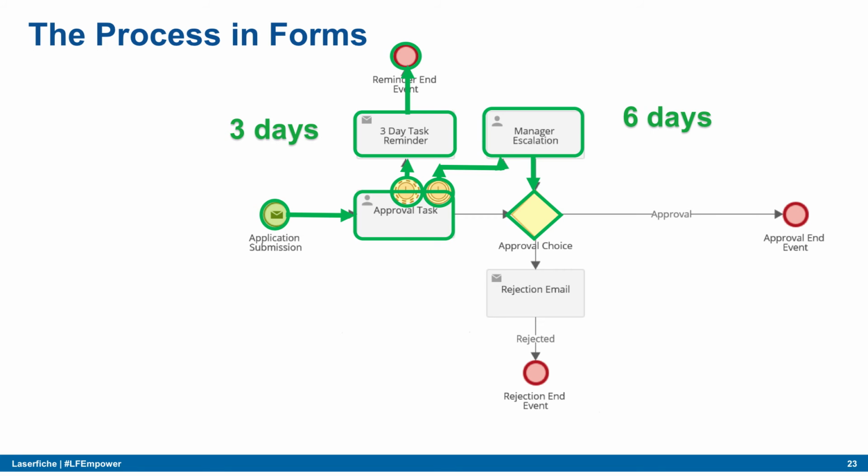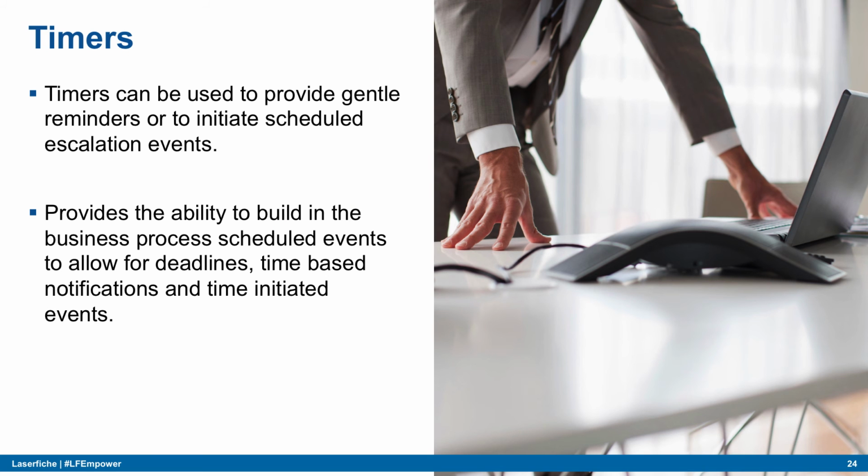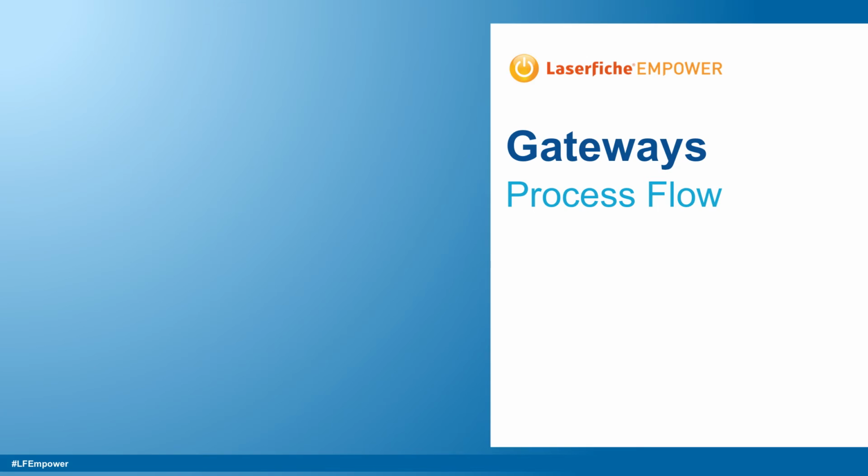The second timer will kick in, and it will interrupt the activity it's dependent on and bring it to a manager for escalation. The manager will continue the review process and maybe speak to that reviewer employee about going over the 6 days. And so with these two timer events, we're able to account for soft reminders and even hard escalations and various different time-related business processes that you might have. Okay, so with that,